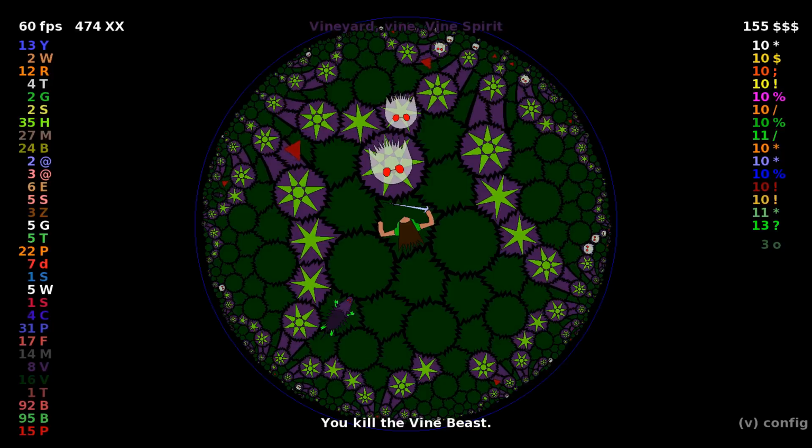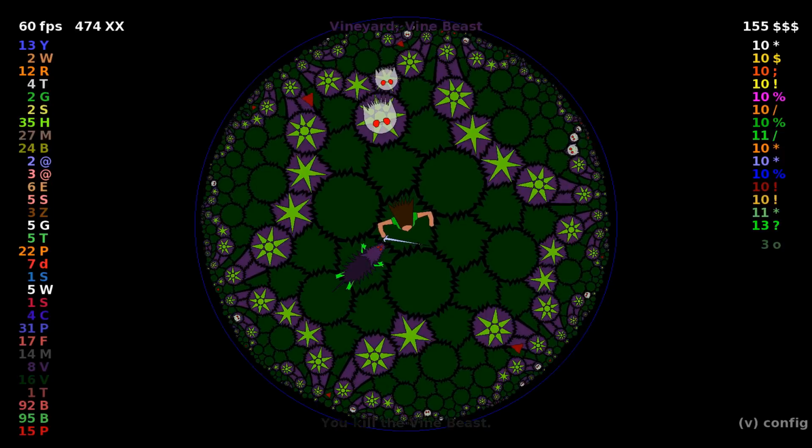If I kill this vine beast or this vine spirit directly above me, the vine spirit directly above it will come down to meet me, and this vine beast will come up to meet me. Now, this vine beast can only get to adjacent to me on one space, so that's good, and it is not the flanking space. So I will be able to step to the right, but at that point I don't know where that vine beast is going to go, and so I think it's better...